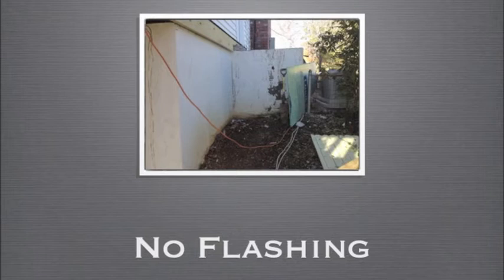There was a deck. It's no longer here. We had to remove the deck. There was no flashing between the foundation and the deck. So we had to correct that issue, and the entire deck was rotted, so we took it all down, and it was pouring water into the basement. The other thing is, if you see that